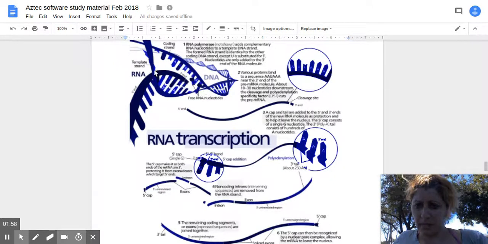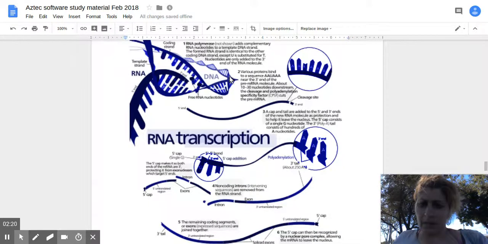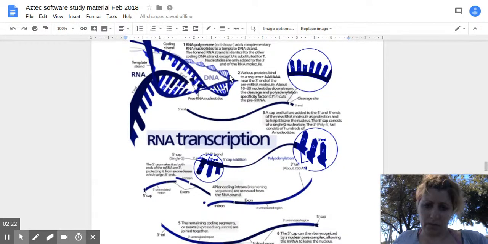So DNA, you have a template coding strand of DNA, and then RNA. The RNA nucleotides make a strand complementary to the DNA, except that U is substituted for T in the RNA strand. So then adenine,